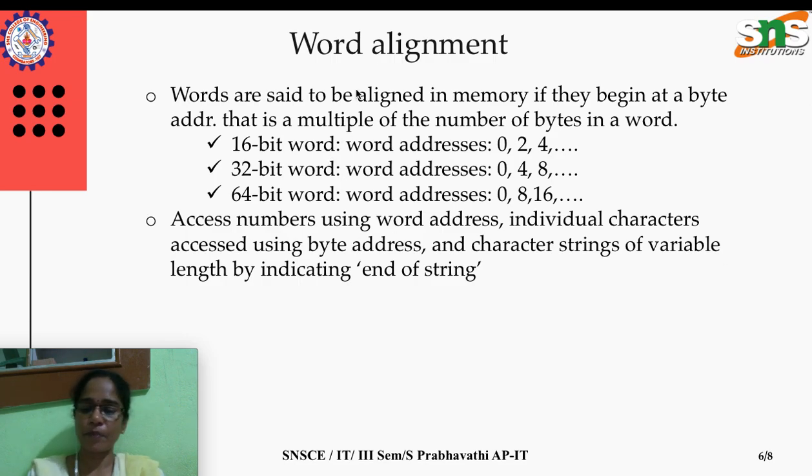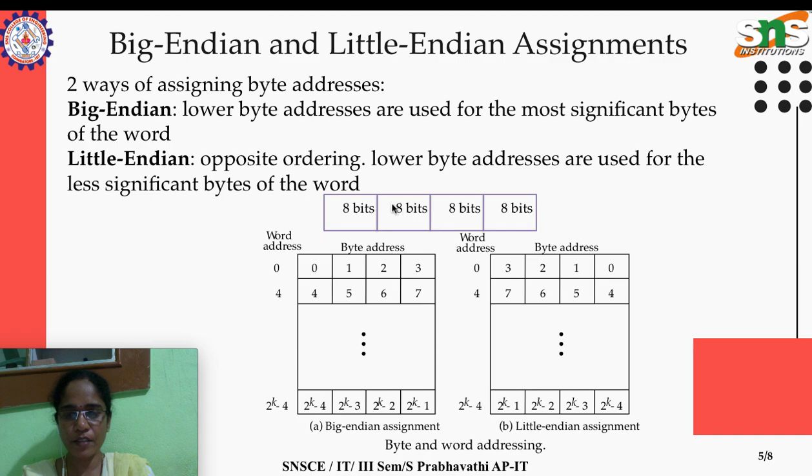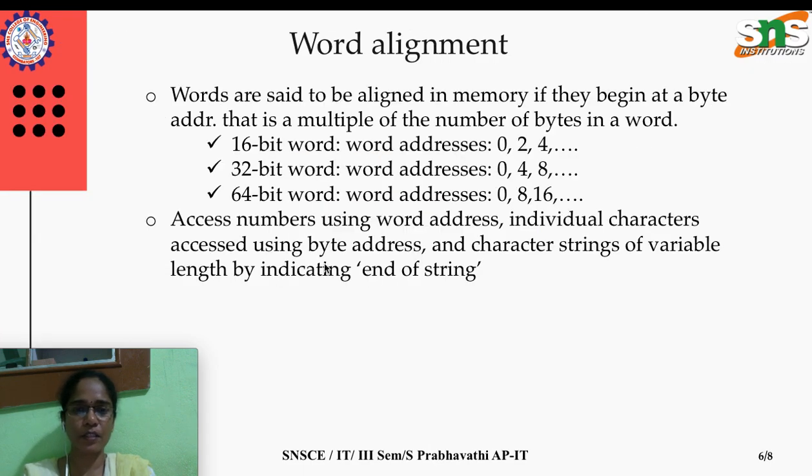As I said previously, this is for a word of 32 bit. This example on word alignment shows what happens if the word is of 16 bit. We have seen the 32 bit word, where the first word's byte address starts from 0, the second word's from 4, then 8, 12, likewise. What happens if a computer is configured to have a word size of 16 bit or 64 bit? This arrangement will definitely change.